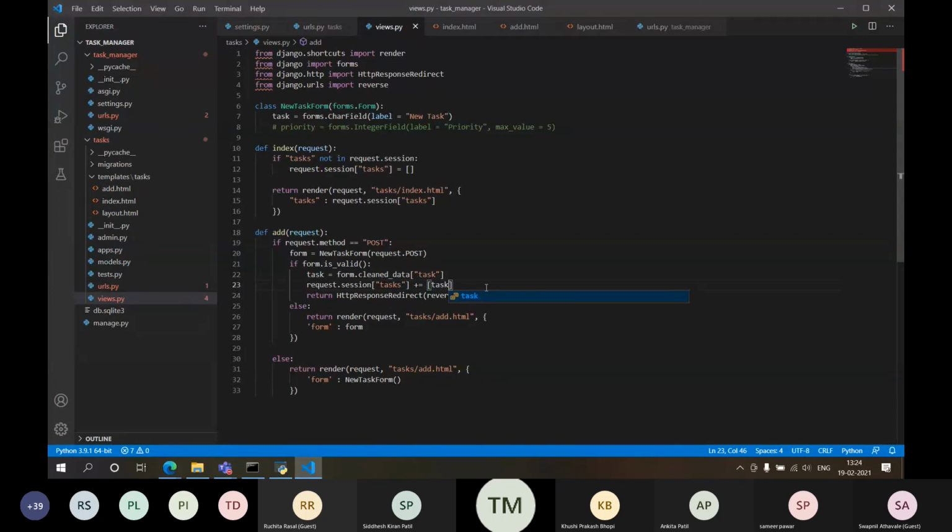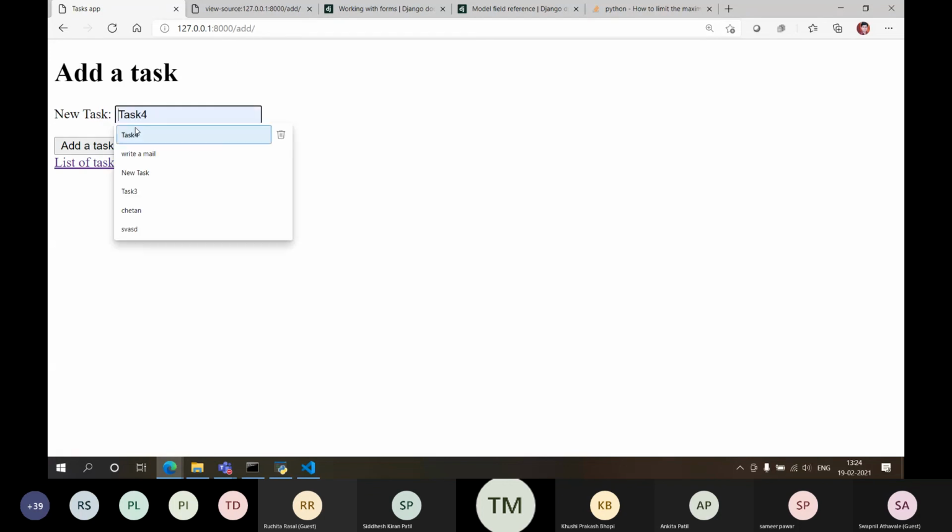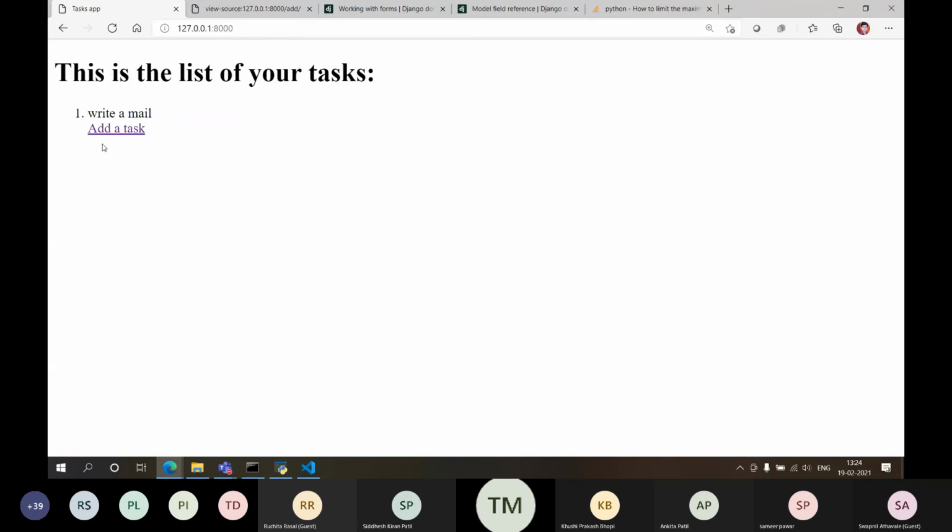In that task list, I'm just appending the task over here, and then I'm returning HttpResponseRedirect reverse index. Fine, this should work. Let it be. If it's not working, I'll figure it out. Just add, write a new task. I have added. Yes, now it's added. So there are different ways to do that.